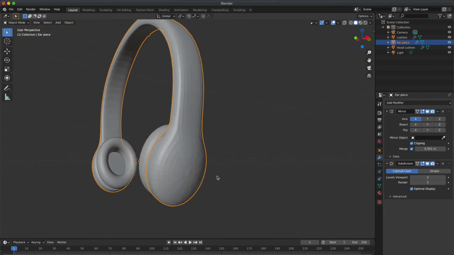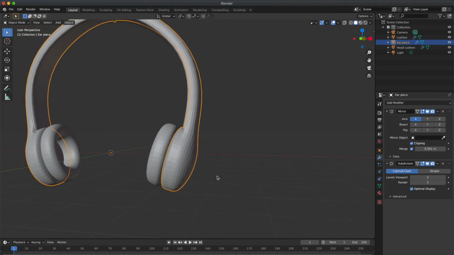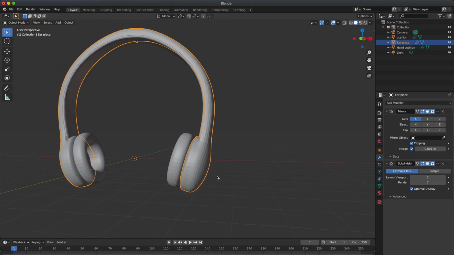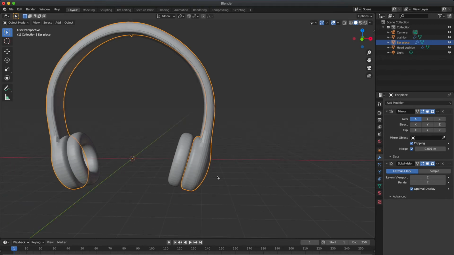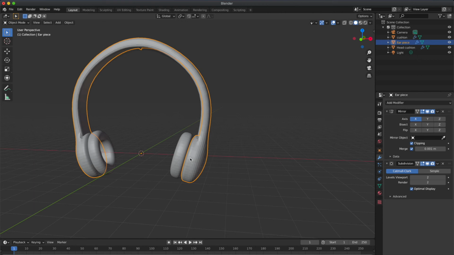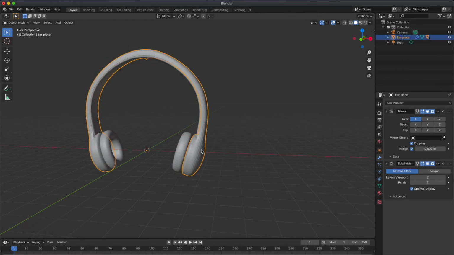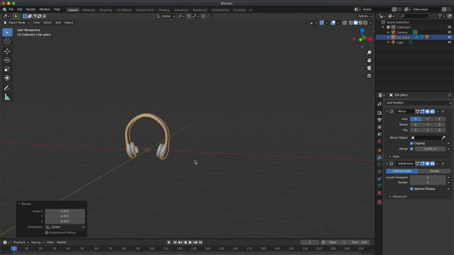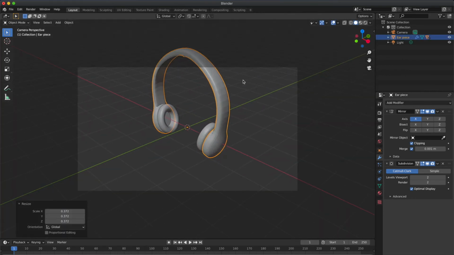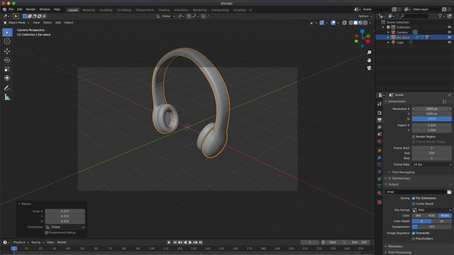So next thing we are going to do, applying materials to the objects. Before we apply any materials, the bigger one here is earpiece according to my layers. I named it like that. So that should be the last one to select and press Ctrl P and select object option. After attaching all these objects to a particular parent, now we can scale them all at once. You can see, press S to scale them.